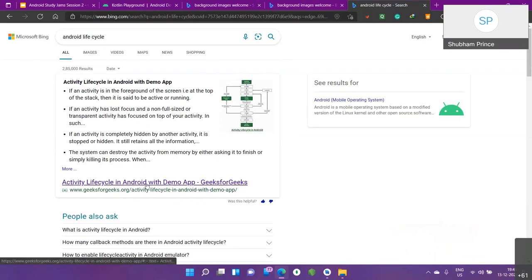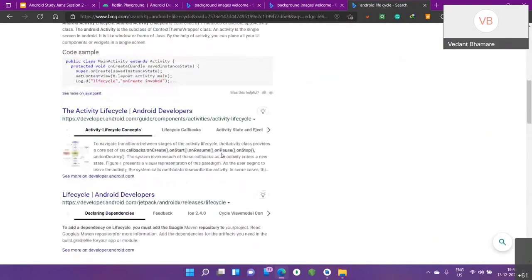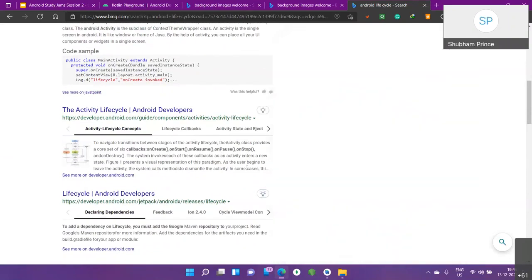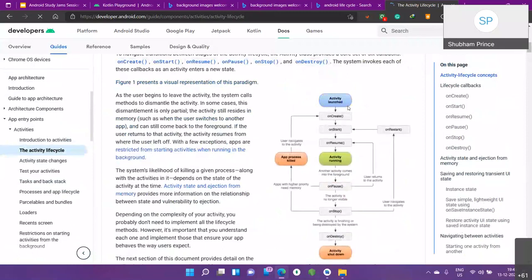They have given the examples there, like in the first unit, the first pathway. It is in the pathway. They have given examples. Yeah. Okay. So when you go with the path, you will see it. It's there. Okay. This is the activity life cycle. You can see the image here.